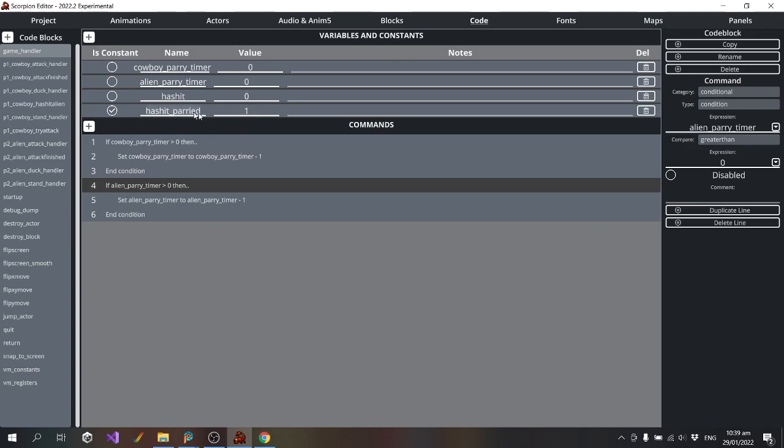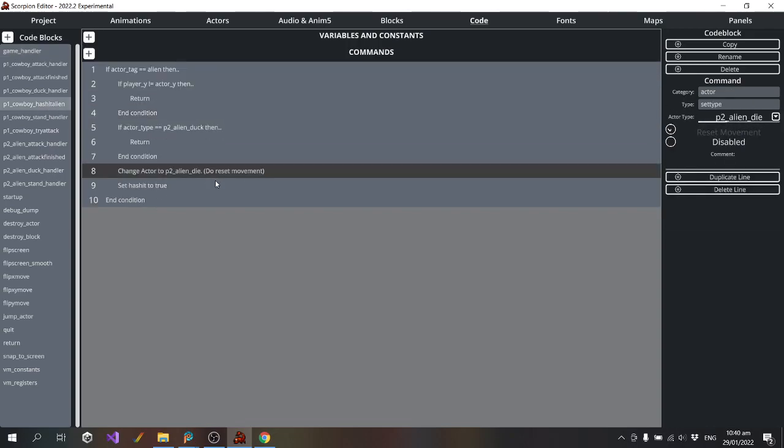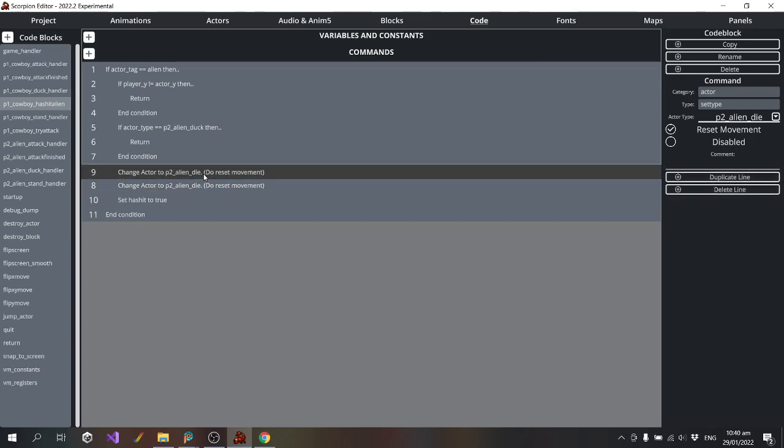So has hit parried is a special value for when you try to hit the enemy but they manage to parry it. So if I get to here,